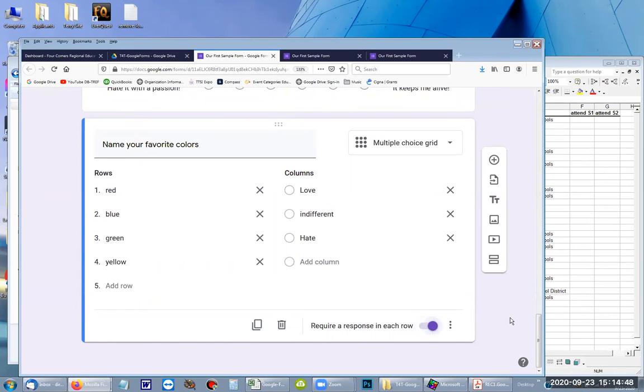I click on that to turn it on. We can also do some other things. We can say, all right, you have to have something in every row, but you may only choose one response in each column. So they can't choose 2 loves, 2 indifference, 2 hates, whatever the case may be. So when I click on limit to 1 response per column,